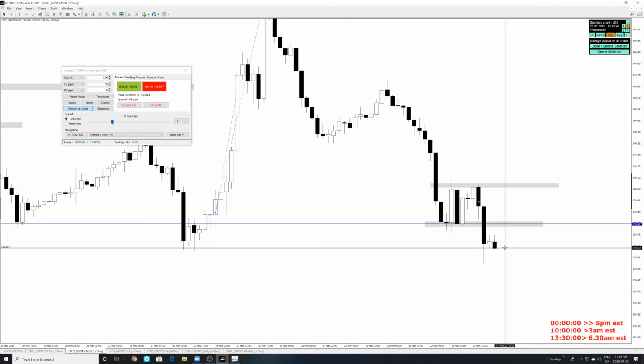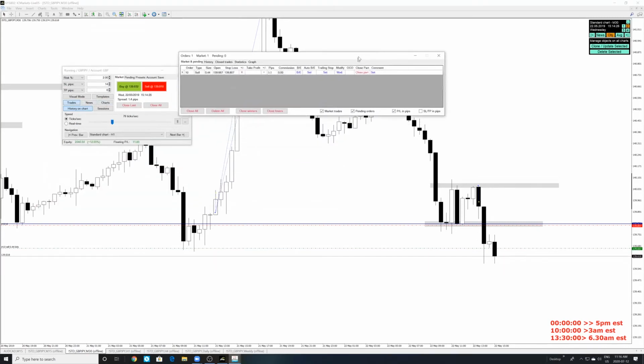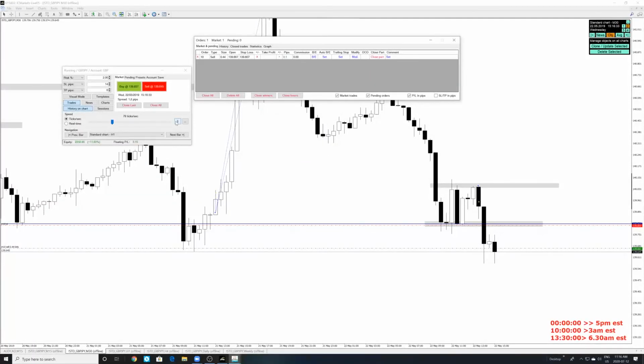Not going to place the stop above this 30-minute candle, but probably right at this resistance right over here, which is going to be around 14 pips. The reason is that we learned that if price is going to do this, in the first 5 to 10 minutes there's a very high chance it may come above. But looks like we may be in for a nice ride here. Oh, now we're going back into drawdown.